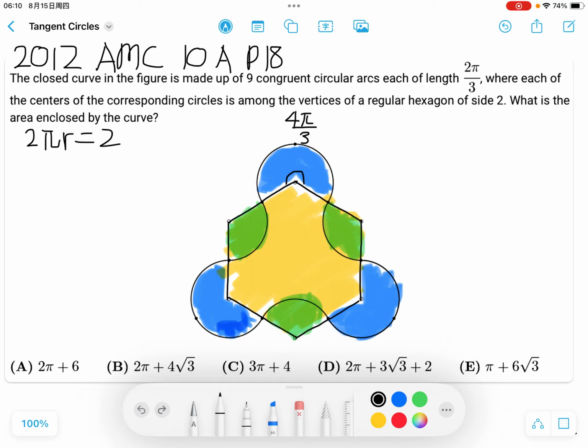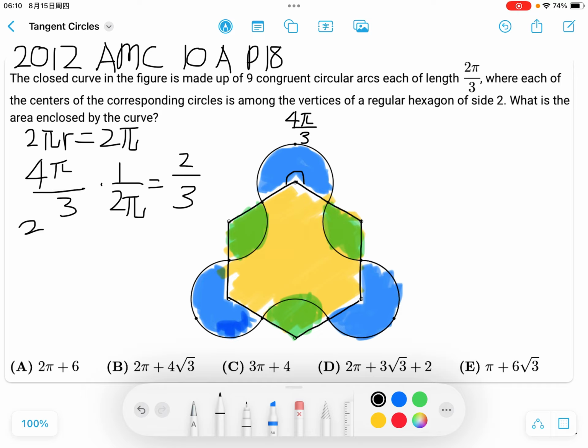If the circumference is 2 pi, then the blue arc is 4 pi over 3